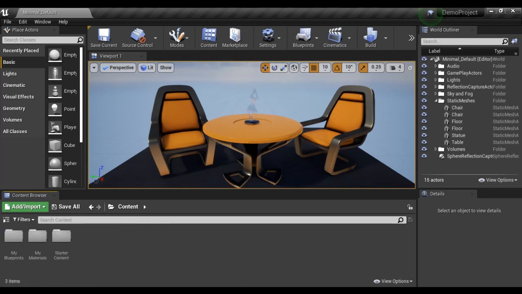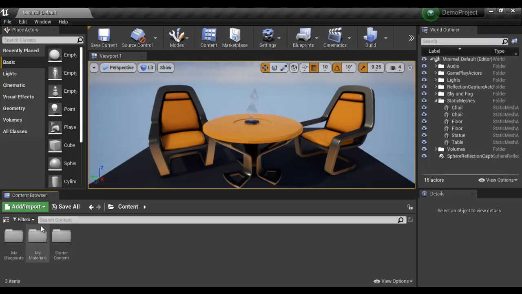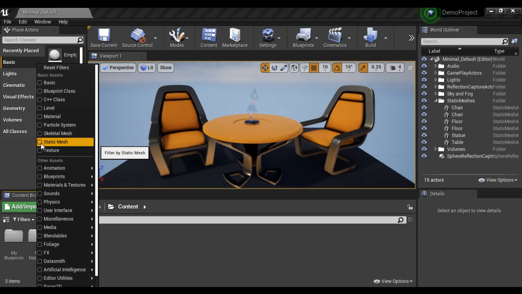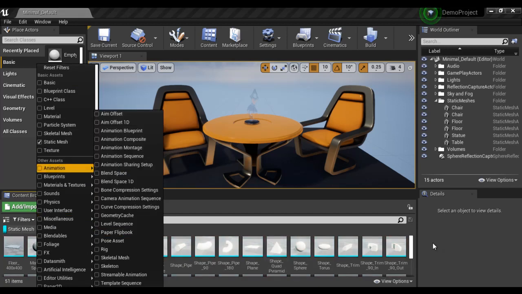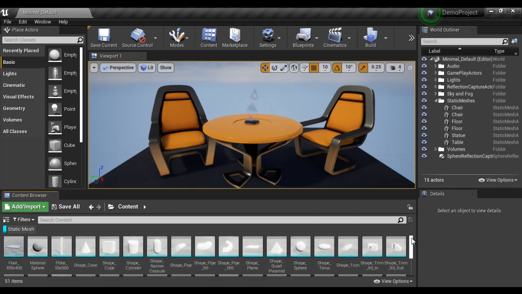Okay. Next we have the add an asset filter button. It allows us to show or hide specific types of assets. For example, if I click on this filters button, and I say that I just want to see all the static meshes, you can see that it is displaying all the static meshes which are there at present inside the content folder.